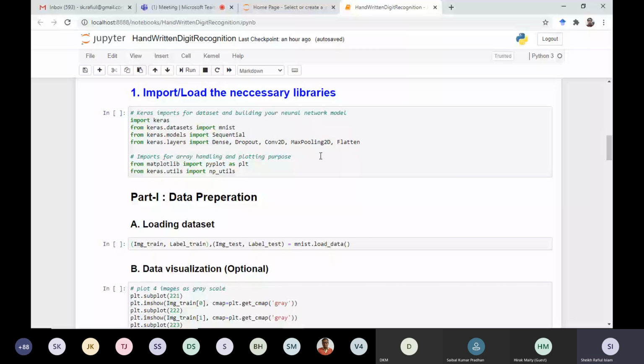Because we will be able to understand those codes more easily compared to TensorFlow. Even nowadays, TensorFlow is already integrated with Keras, so those are also very simple to understand.